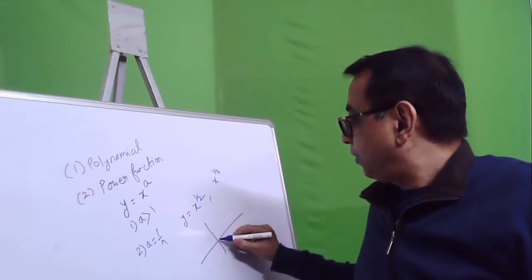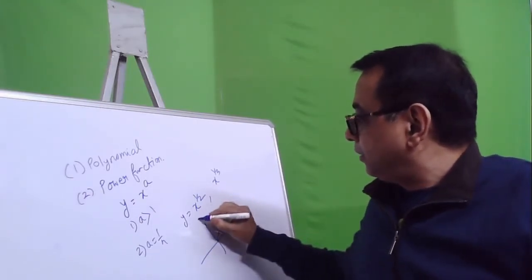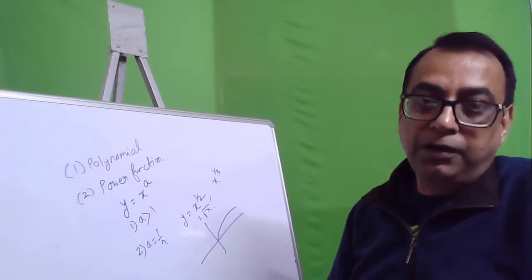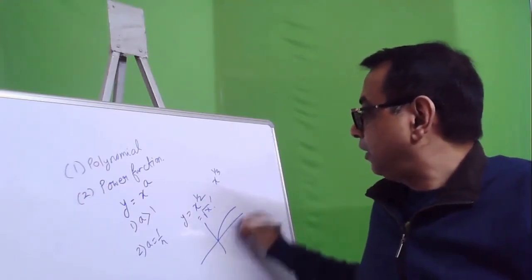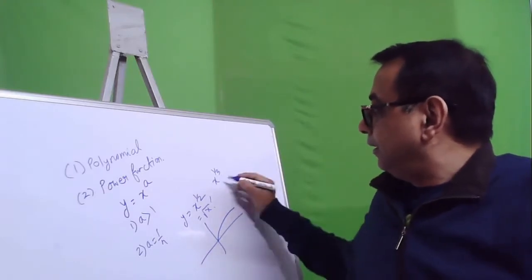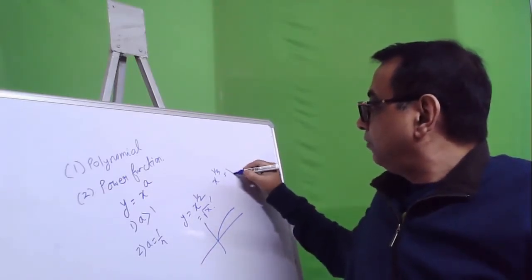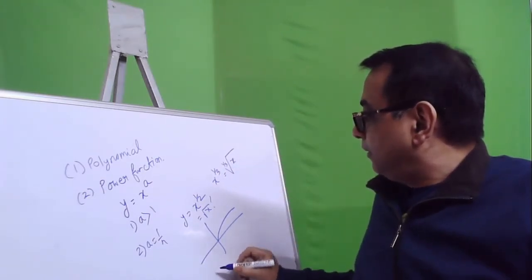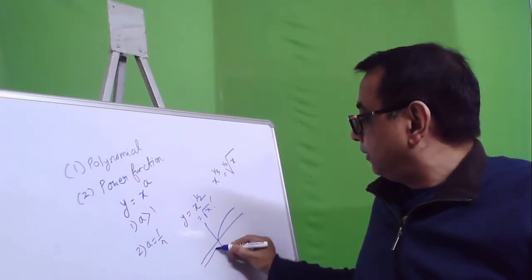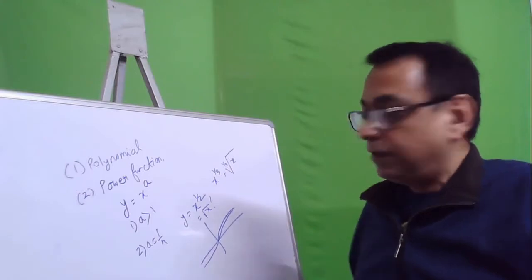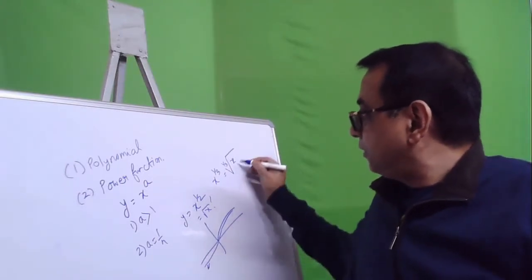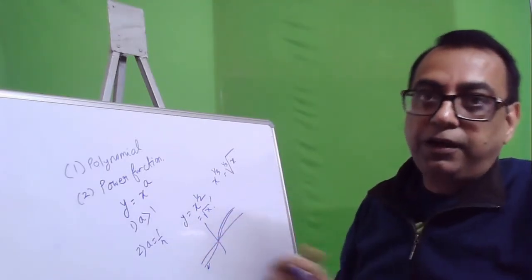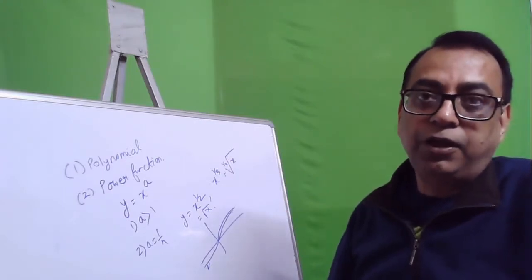This x to the power half will look like this. It is basically root over x. We know that under root, it cannot be negative, so it will start from 0 and it will go like this. Instead, y is equal to x to the power 1/3, you can say it is cube root of x. In that case, it will be something like this, because it will have a negative. This can be negative and this can be positive. So when it is negative, it will be flatter and going towards the negative direction of y.